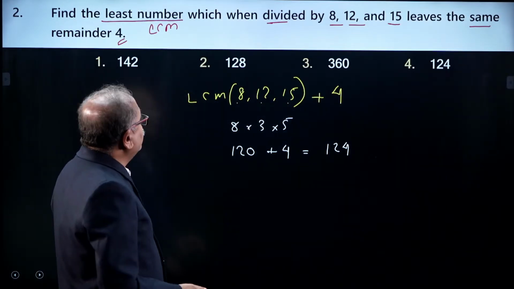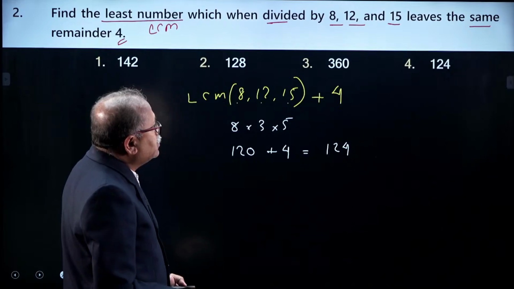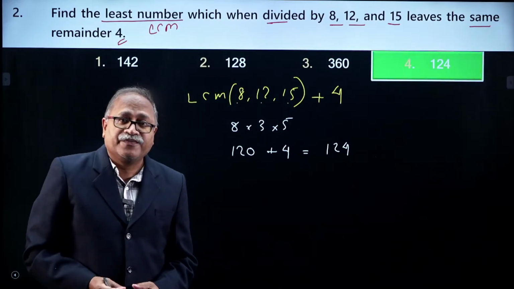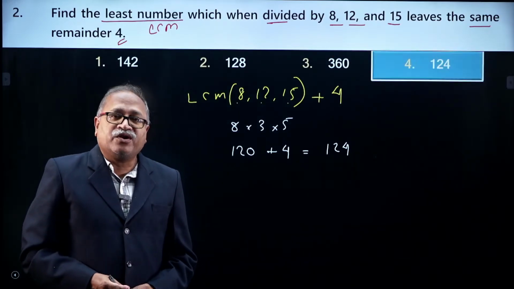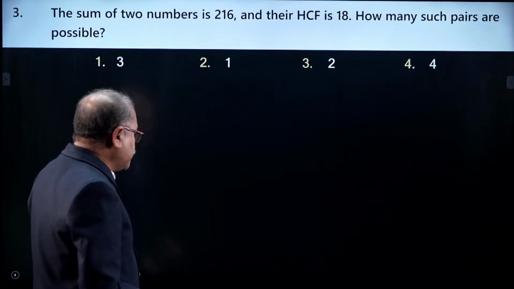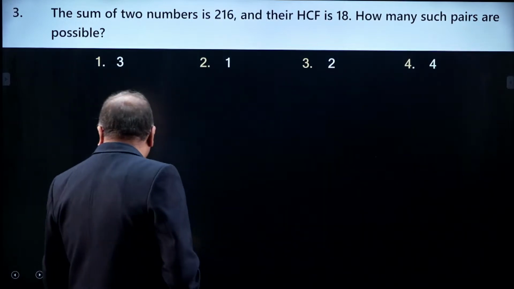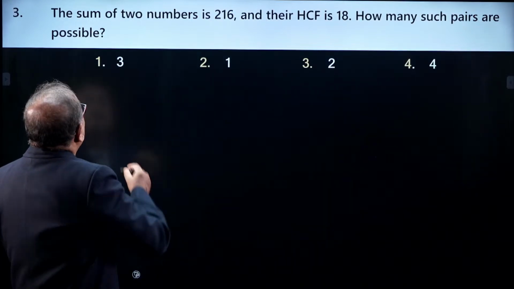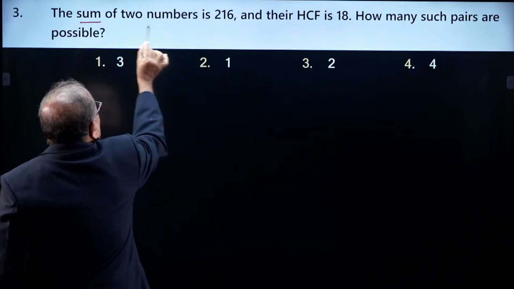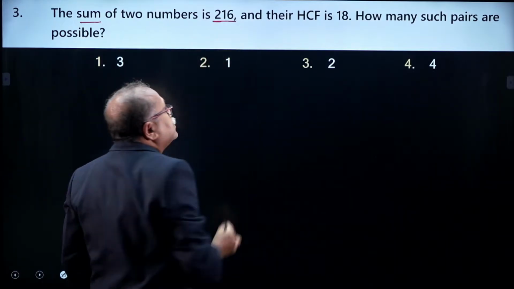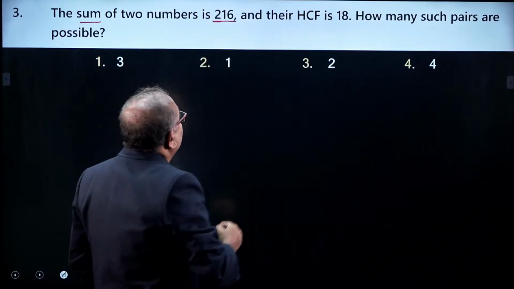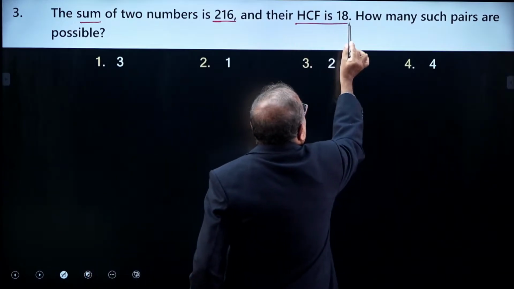So 124 is the answer. So where is 124? Option choice 4. Moving on to the next question, and the next question is this. The sum of two numbers is 216 and the HCF is 18,